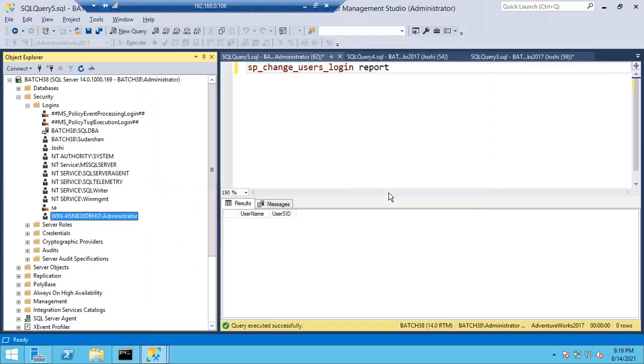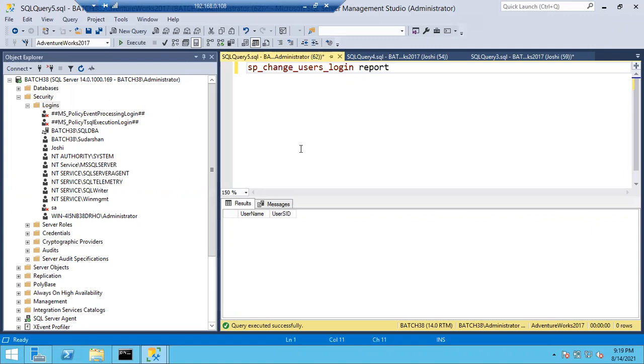Let me click OK. Okay, now the login is deleted, guys. Now the parent is deleted, so the children will become orphans now. Run the same query again. Earlier in the AdventureWorks database, I didn't have any orphans. Now when I delete the parent, immediately I can see one orphan user is there.